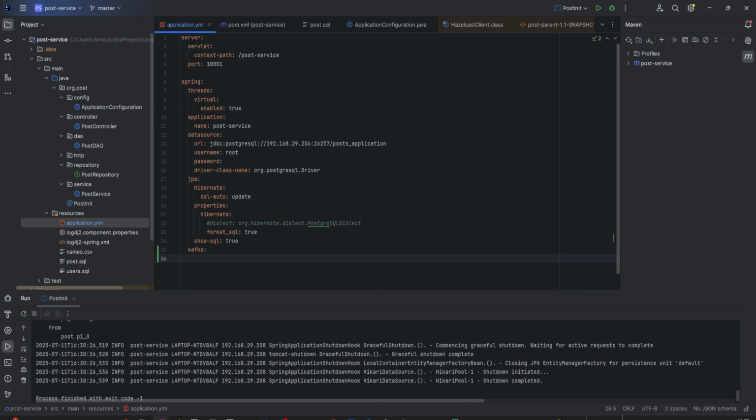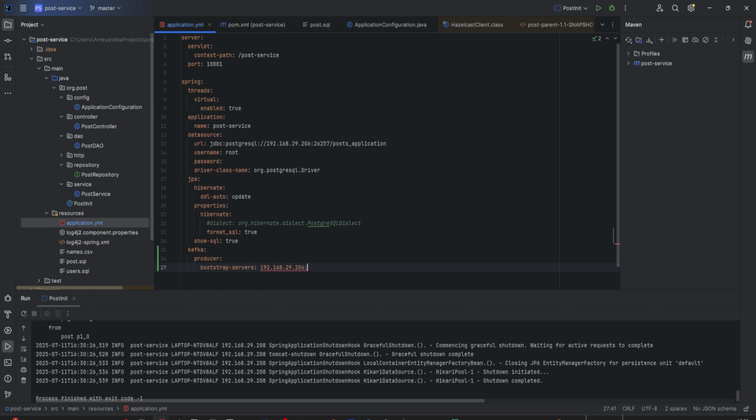And for this, it should be a producer, with bootstrap, specifying the bootstrap servers. This will be the IP address and the port number of your Kafka server. So in our case, it will be